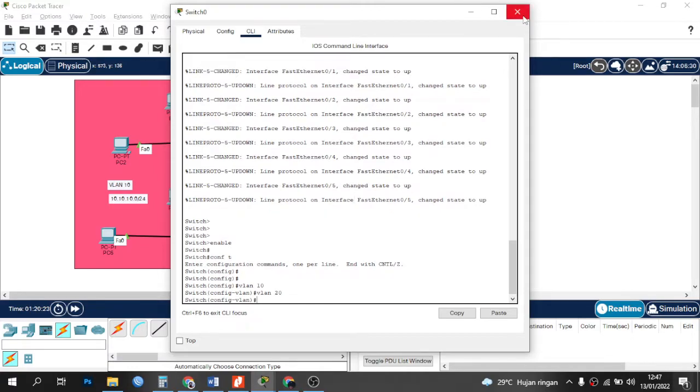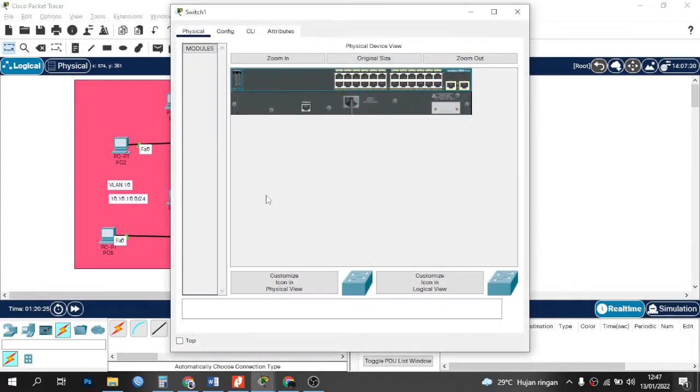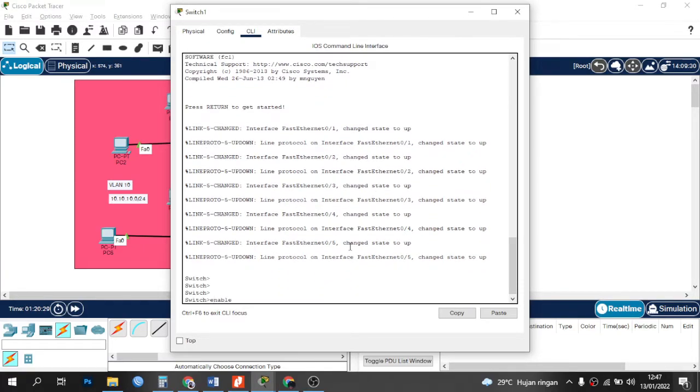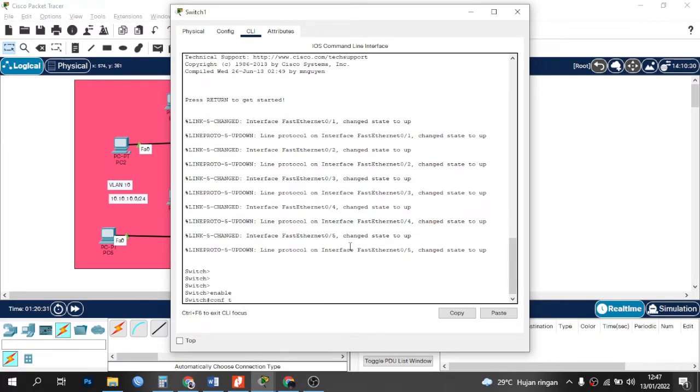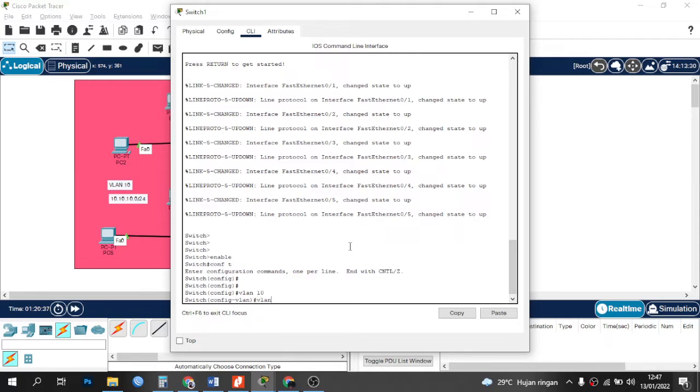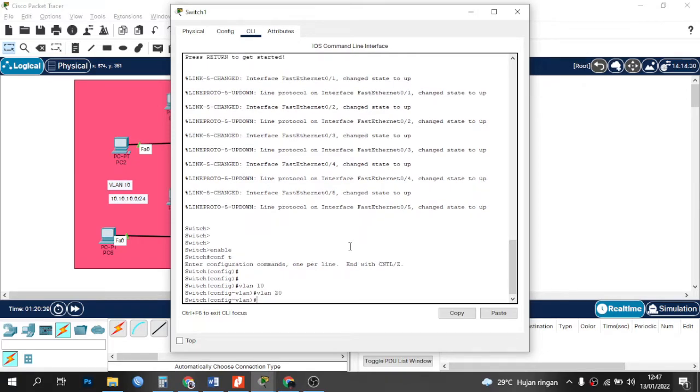Okay, next switch 1, CLI, conf t, VLAN 10, VLAN 20. Okay, finish.